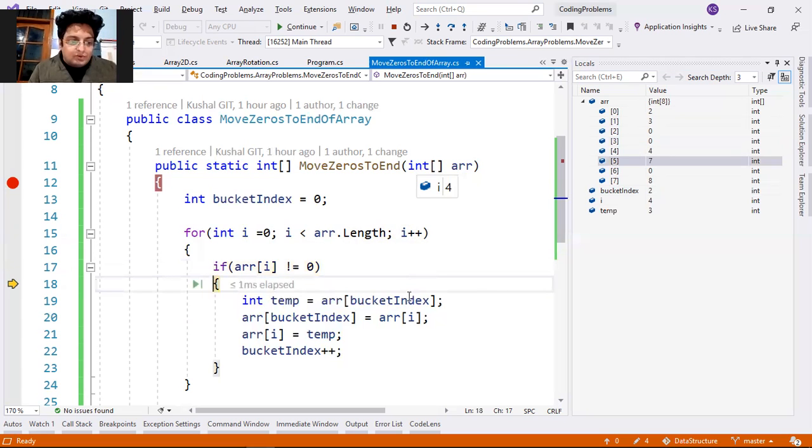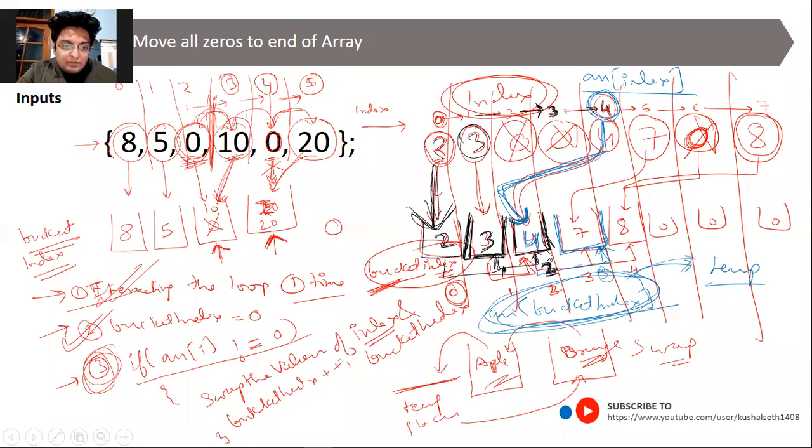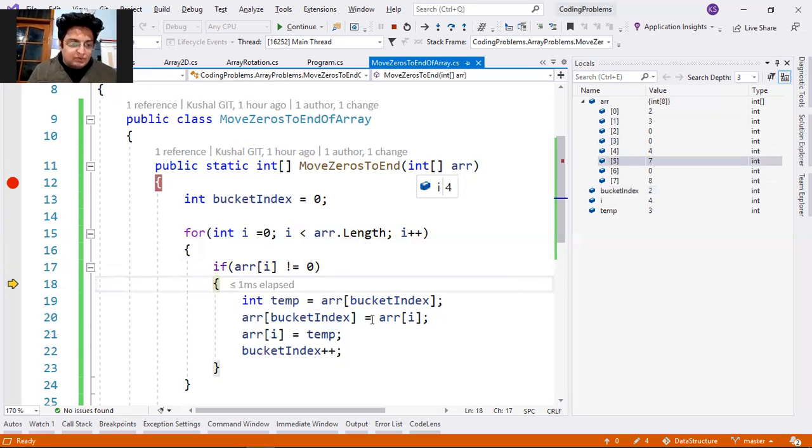So what we will do, now you understand this thing, because this is the first time a swap is really going to happen. Before that we were swapping with the same number. But here, at index 2, we are picking the value that was at index 2.